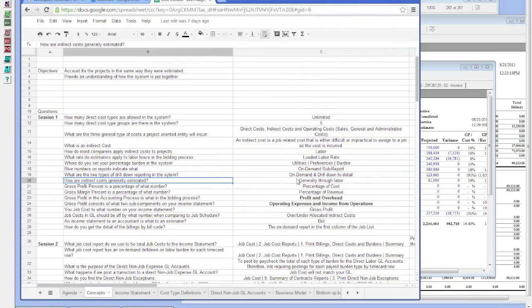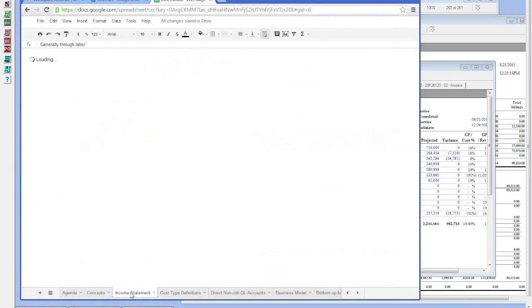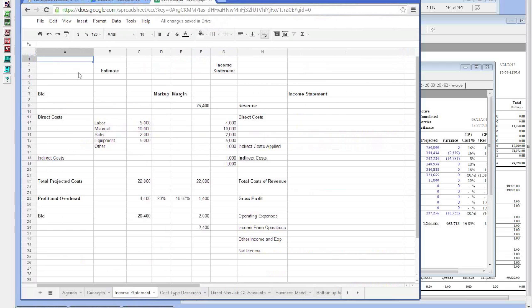How are indirect costs generally estimated? They're generally through labor. Okay, so same concept as burdening. So if we want to burden, we're going to burden the jobs the way they're estimated. Is the concept. If we look at an income statement, we can analyze how an estimate might look versus the income statement. Obviously, this is a summarized estimate, but here we have a bid, we have direct costs, we'll figure,